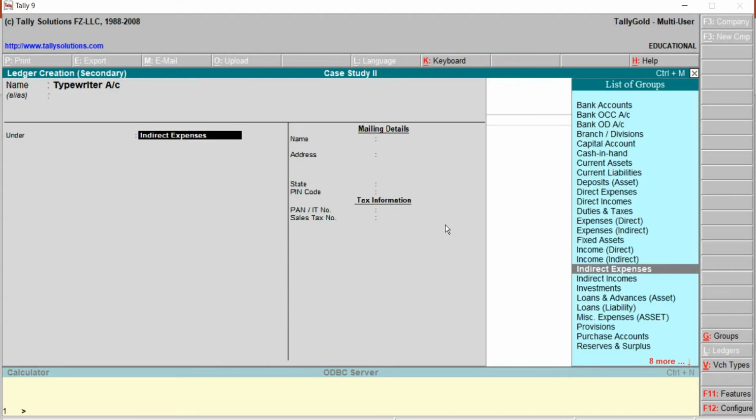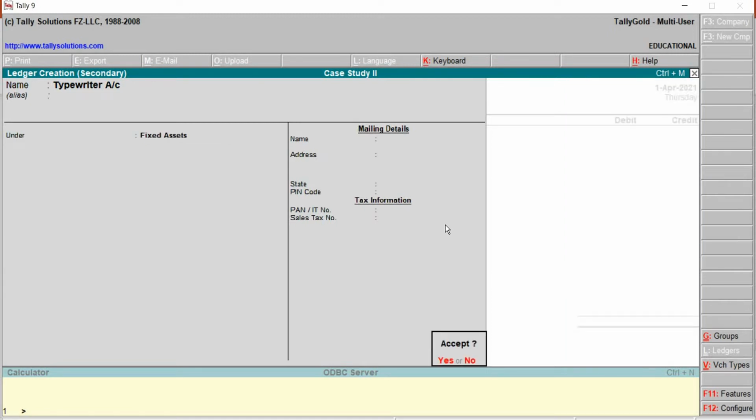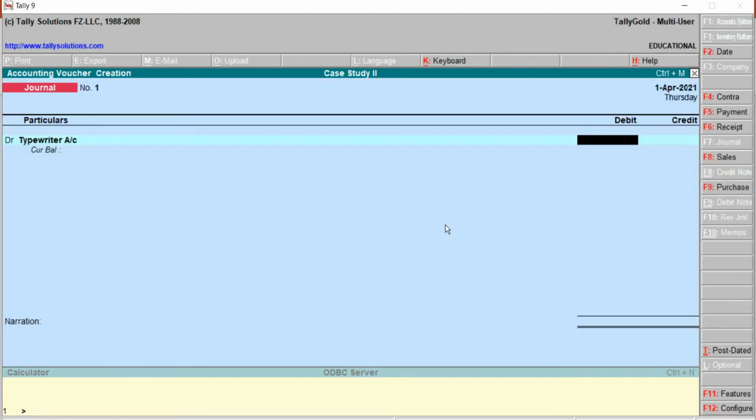Alias blank, and this will be allocated under the group fixed assets. Save. What's the amount given here? 2100.